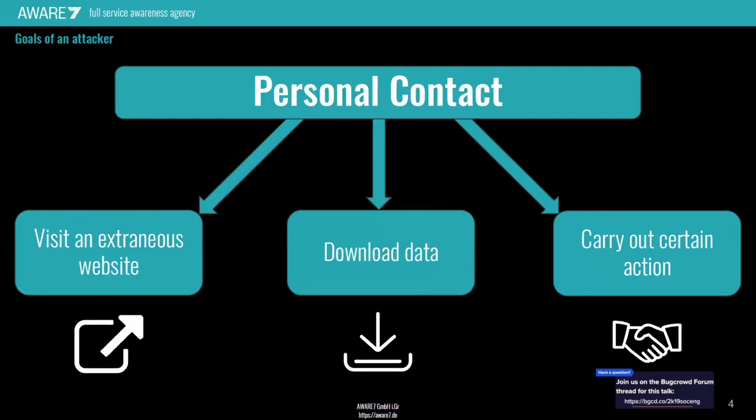And three things that we always want them to do when we're talking about social engineering online is basically they visit a website that might look familiar, but actually is not the website they are familiar with. So, for example, a fraudulent login page for Twitter would be something that we try to achieve here, or they download data. So your classic ransomware case, or also information gathering if you install a keylogger on their system by an email attachment, or we want them to carry out certain actions. This is, for example, if we want to do a CEO fraud or password exfiltration or two-factor exfiltration.